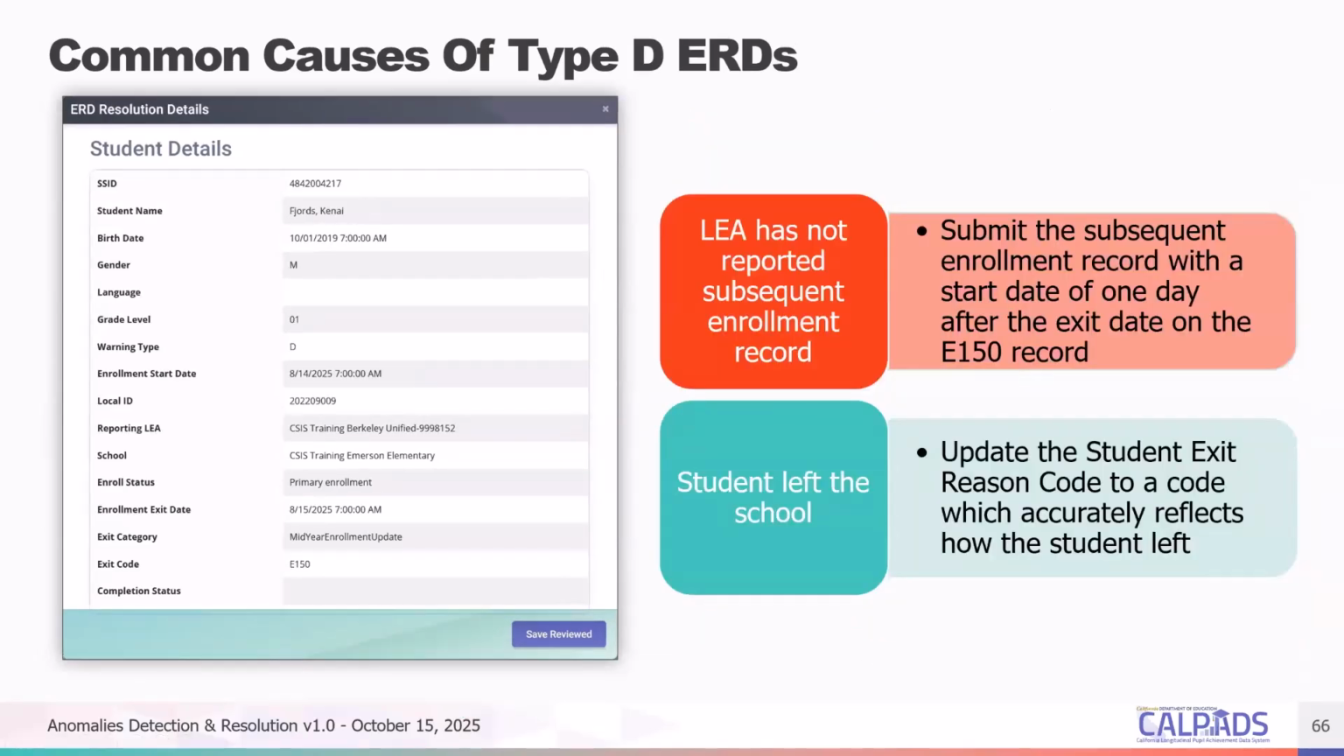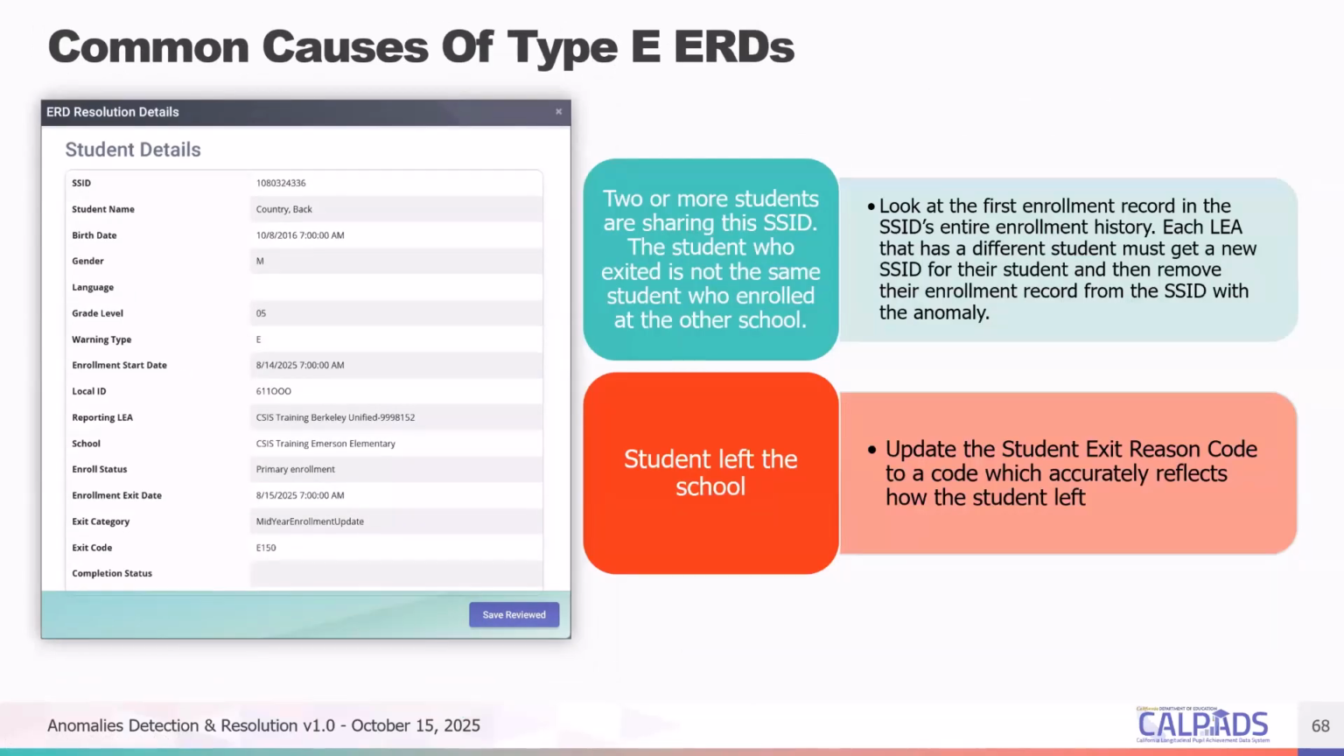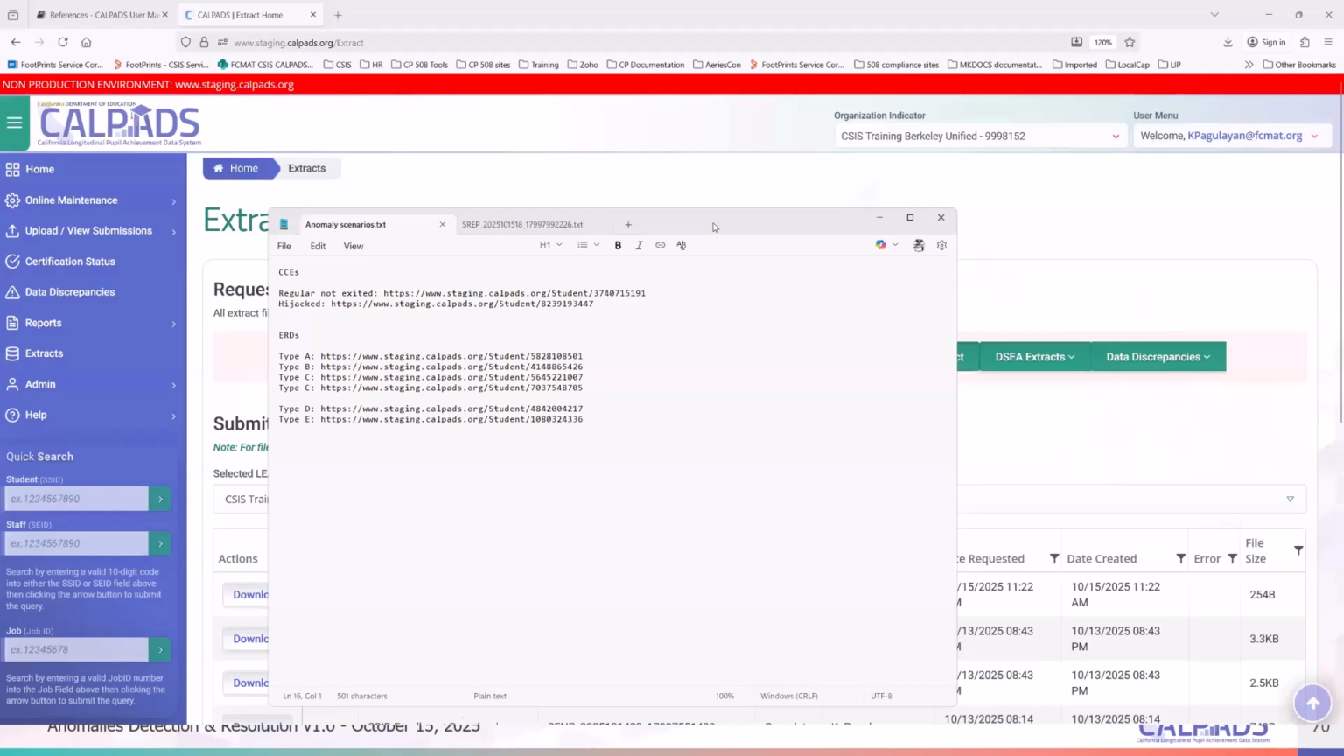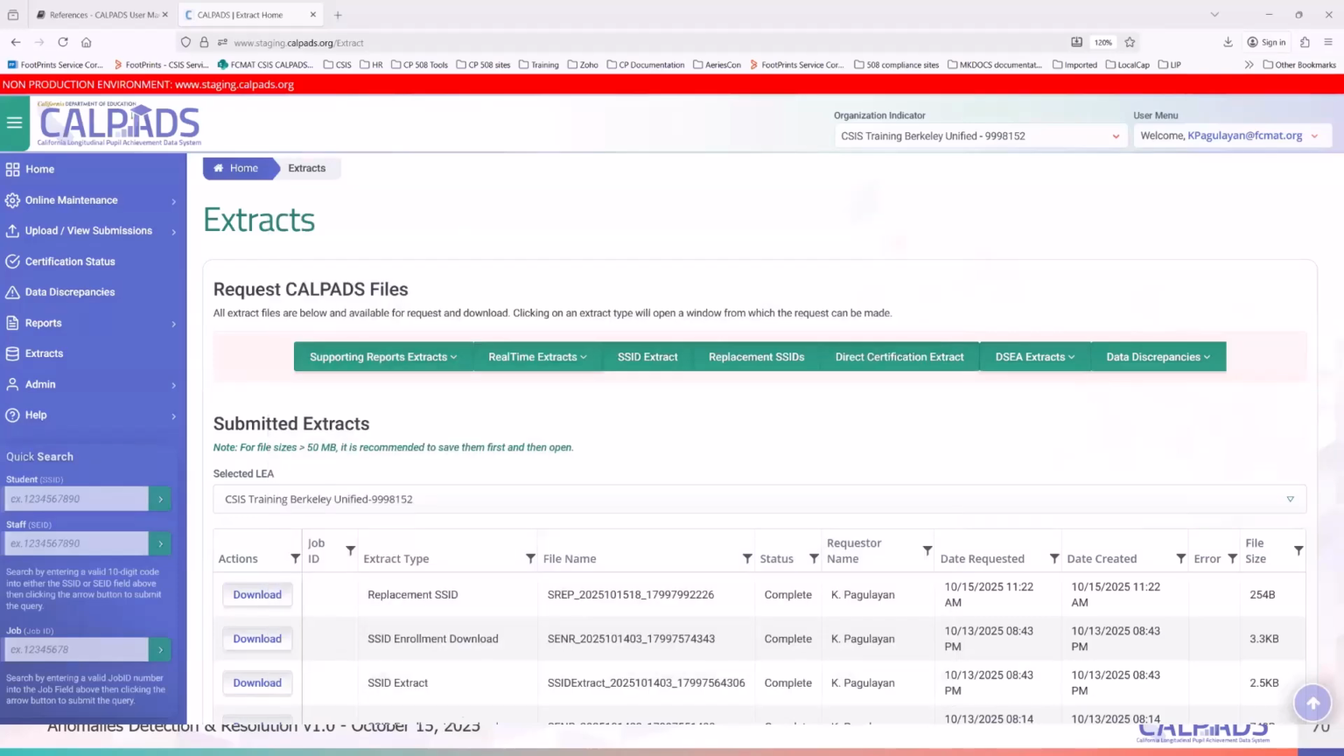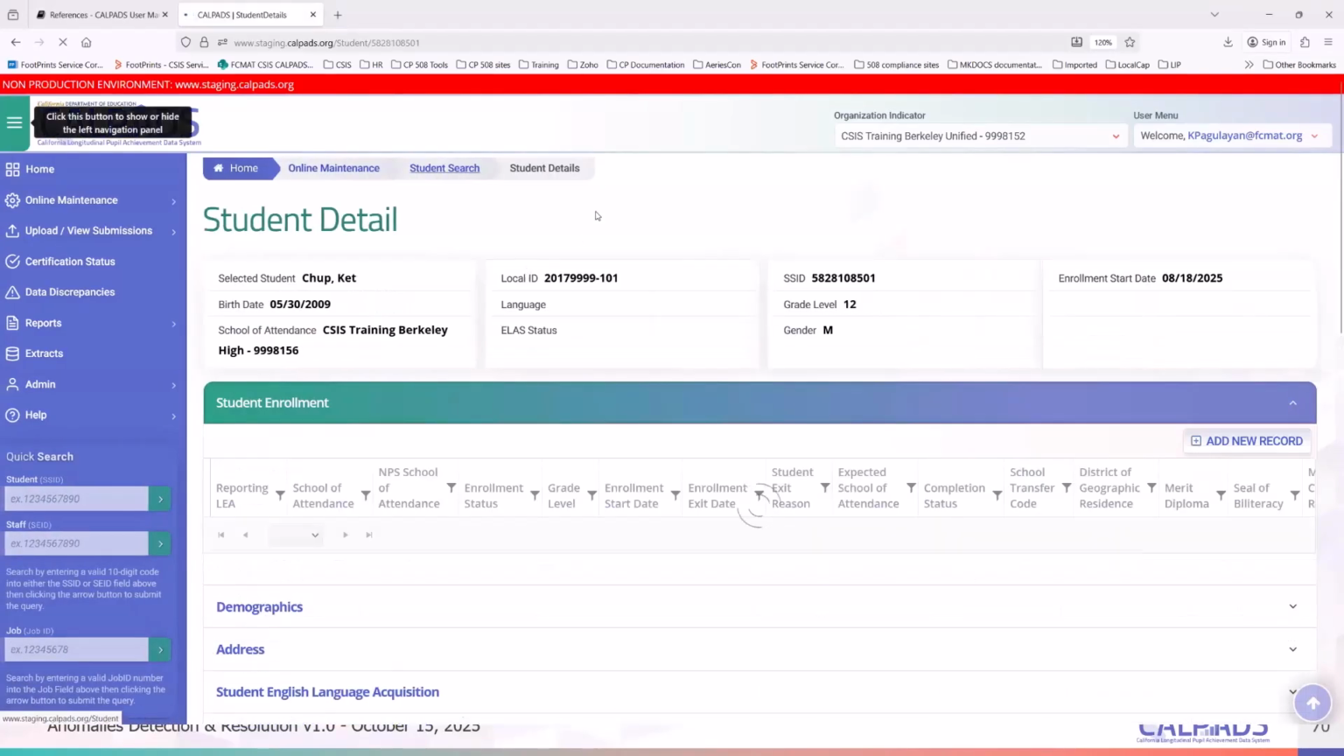So D is essentially an E150 student that doesn't have a subsequent enrollment in CalPADS. Okay, and E is essentially the same student that did not have a subsequent enrollment at the same school in CalPADS. Okay, let's do the demo. Here we go. All right, so for type A,